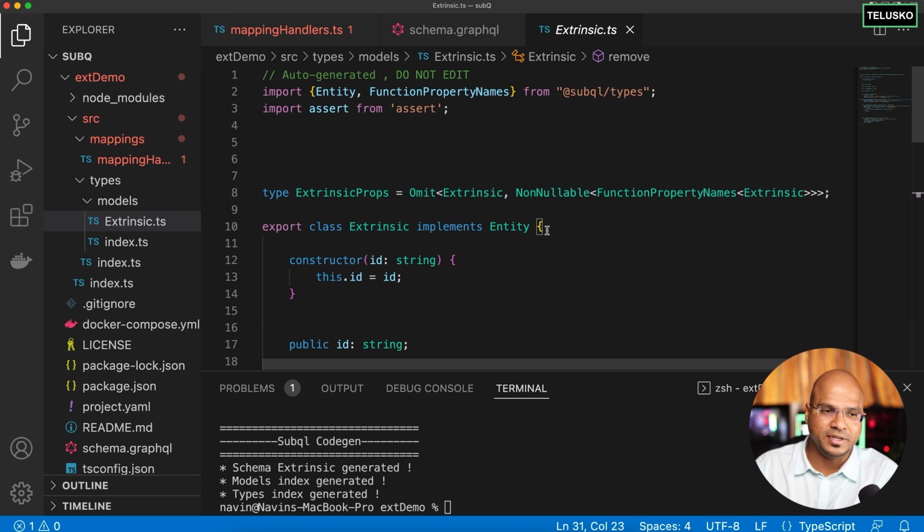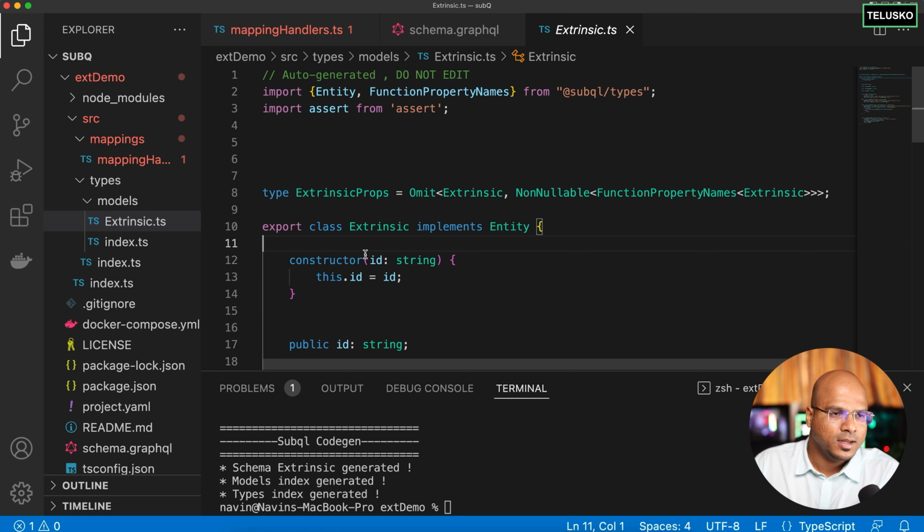Now, how do we create an entity? If you are not familiar with entities, it is very famous in the world of programming as well. Example, Java or any other language. So if you want to store some kind of object into a database, we directly make them as entity. In database, you might be knowing this concept as entity relationship. So those are entities. This is almost the same.